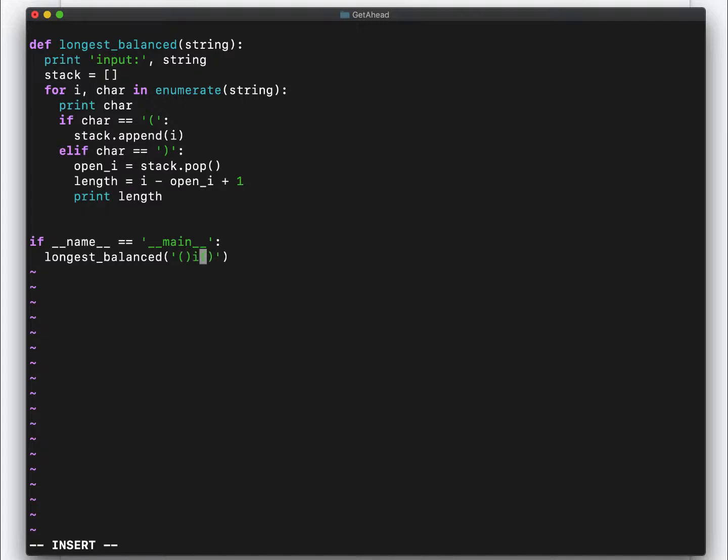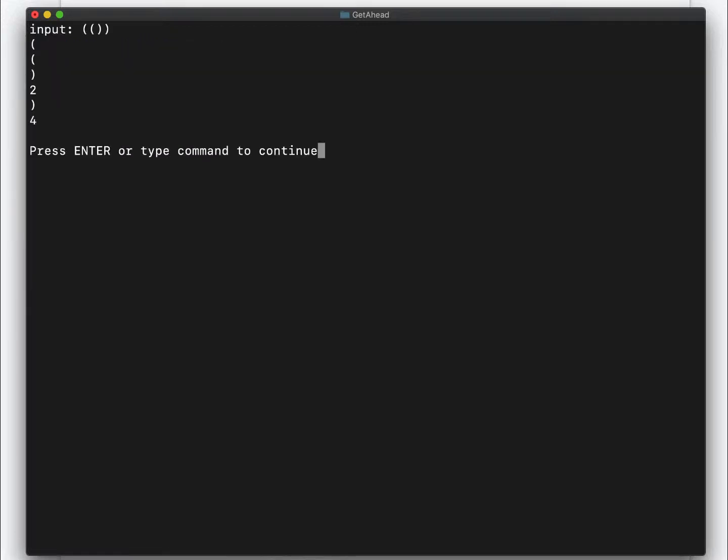What happens if it's a more complicated input? So if it's like this, right? The outer one matches and the inner ones match. What happens in this case? So now we can see